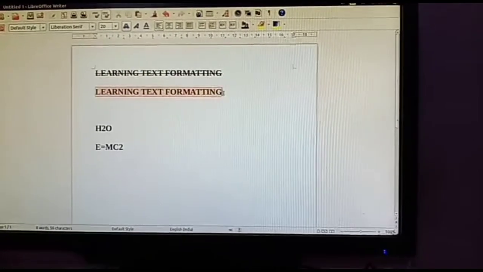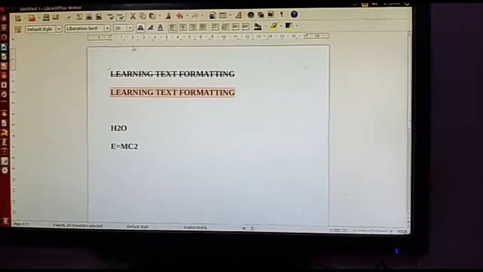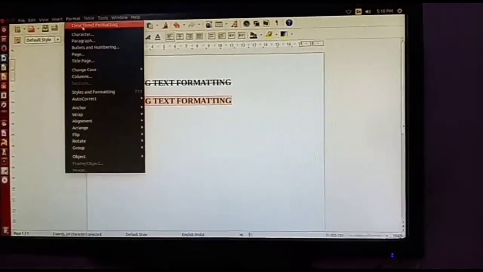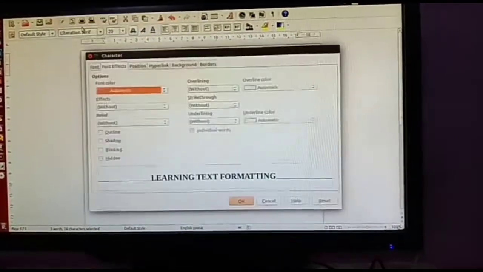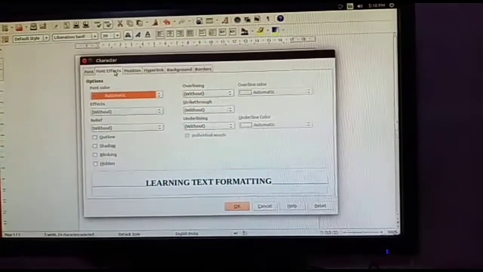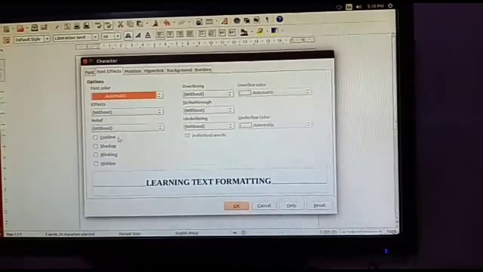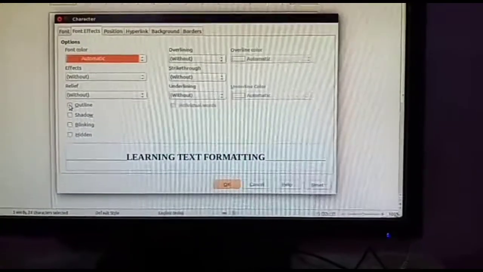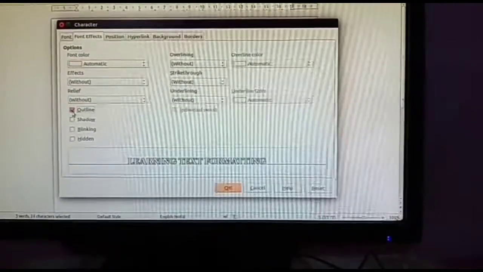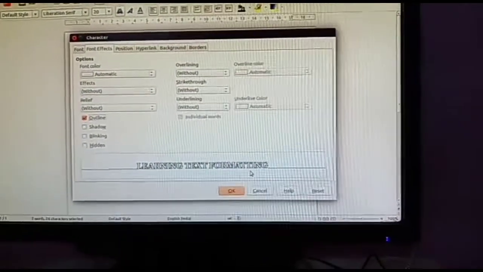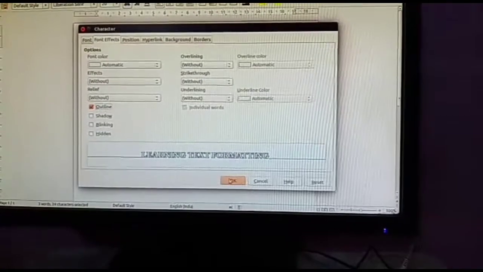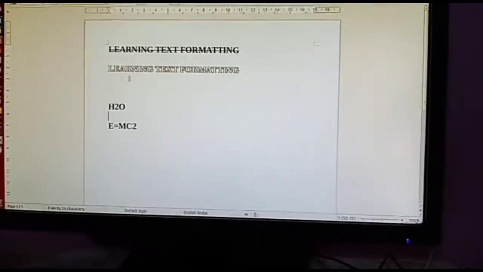So first of all select the written text, again go to this Format menu. Here you will select the Character option and then Font Effects. Now here all the effects are given. Now from this you have to select the first option where it is written Outline. Now see here the preview is already showing to you. Press OK button, it will apply to your written text.